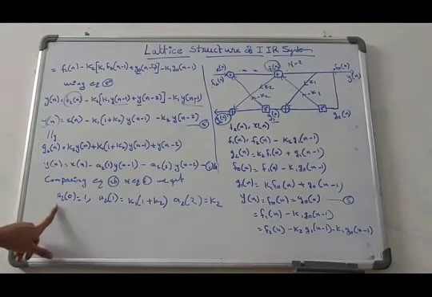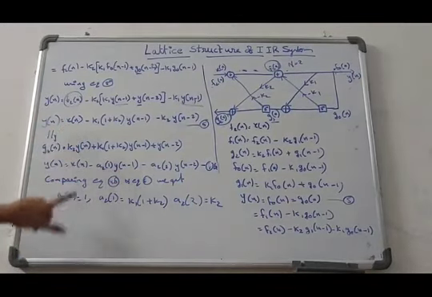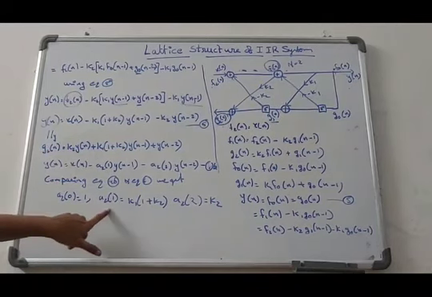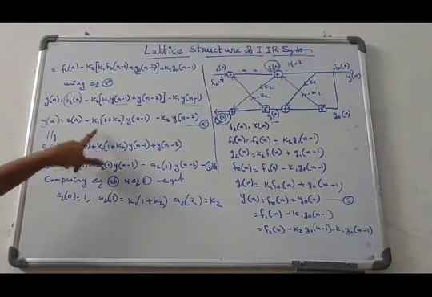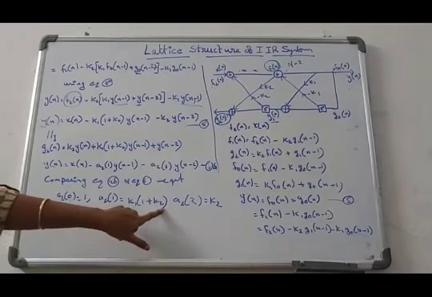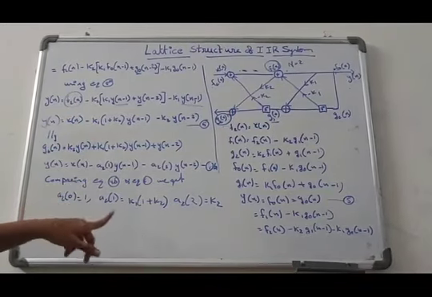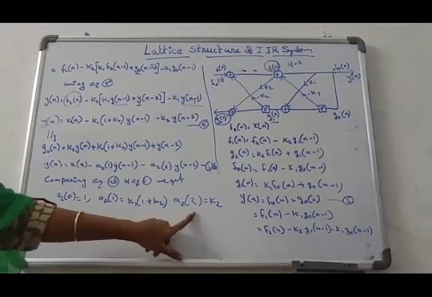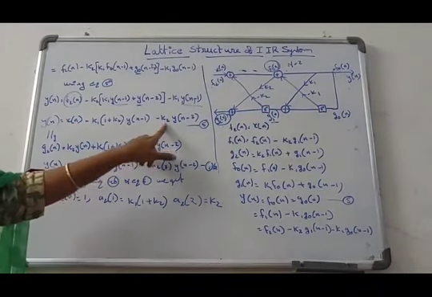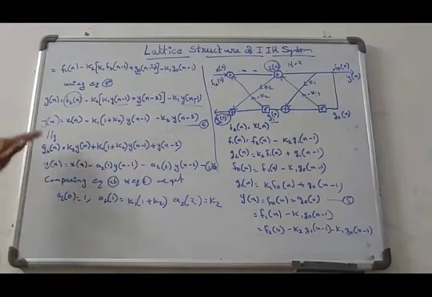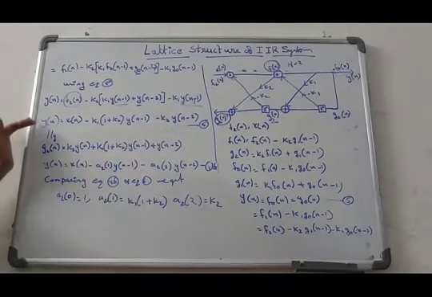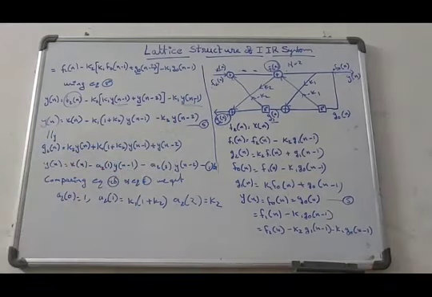Now this is a2 of 0 is equal to 1. a2 of 1 is equal to k1 into 1 plus k2. Next, a2 of 2 is equal to k2. So this is the comparison for equation 4b and equation 6.